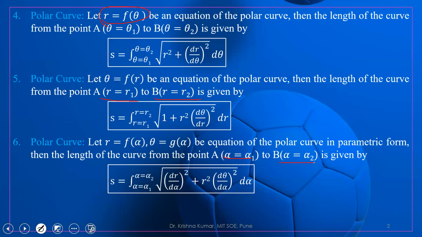So these are the 6 formulas. Without using these formulas, we are not able to find out the length of any curve. So these formulas are very important, especially parametric, Cartesian and polar. At least you should learn these: Cartesian curve y is equal to f(x), and parametric curve x is equal to f of t and y equal to g of t. These 3 formulas should be learned. Okay, so let us take one example, then it will be very clear how to calculate the length of the curve.